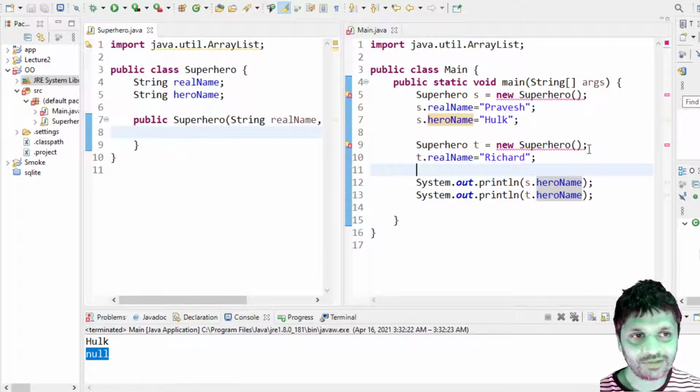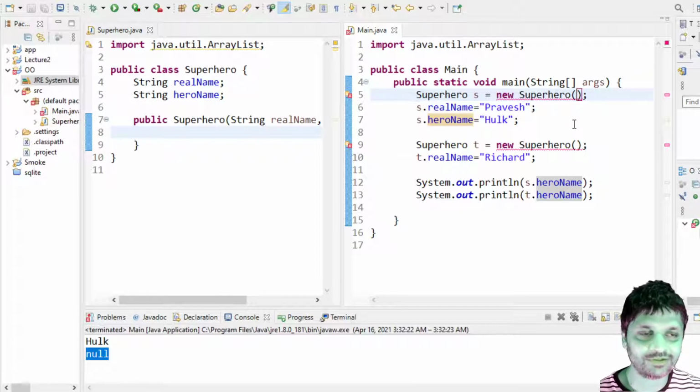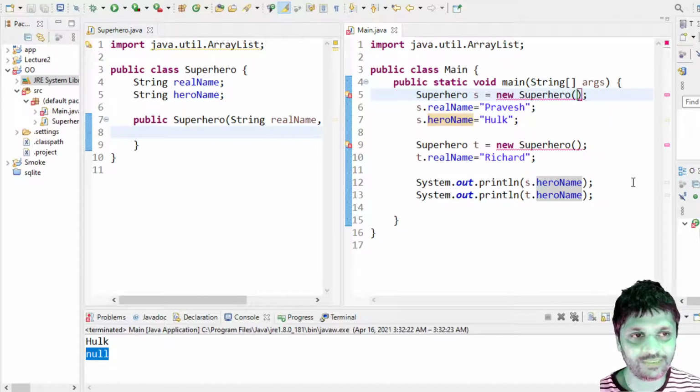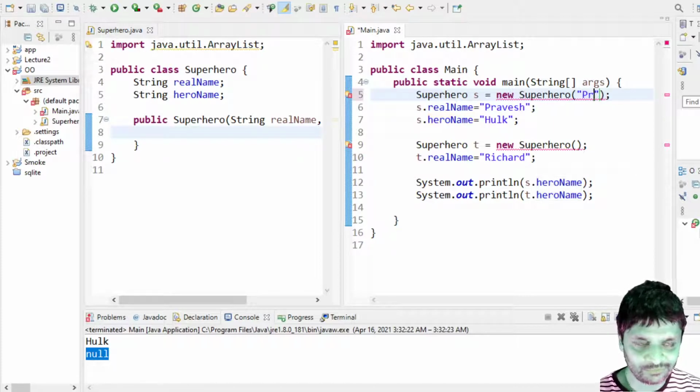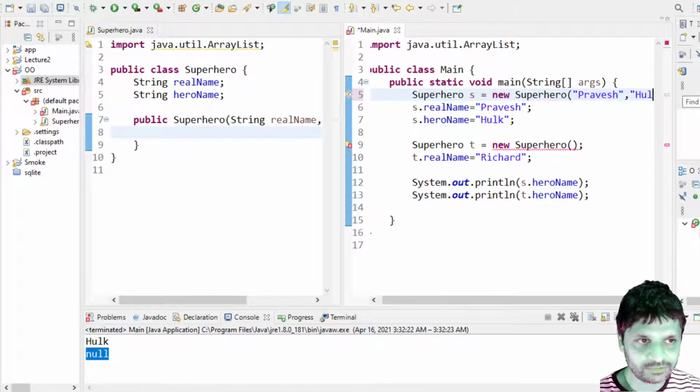It says you can't have a superhero unless you define the real name and the hero name. So you'll see what's happened here is that the constructor got underlined, right? Because it said you didn't give a real name and a hero name. If I position over it, it says I need to provide two strings. You see, it's superhero string string, and I've got superhero and nothing. So what I could do is go superhero Pravesh, comma Hulk,